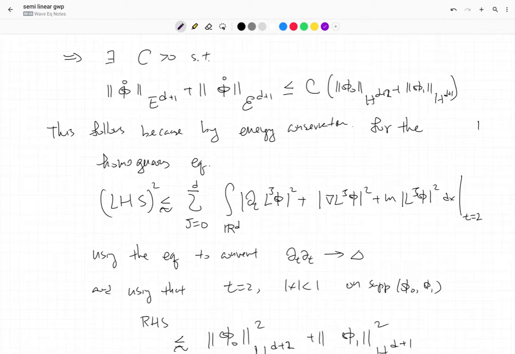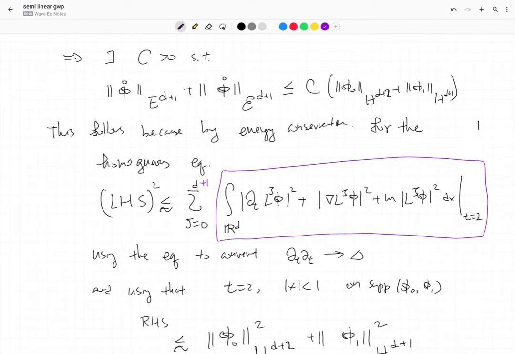Now this should be d plus 1 here, so we're looking at d plus 1 derivatives. So this here is the initial energy flux at t equal to 2. At t equal to 2, this is the initial energy flux of phi ring, of j derivatives of phi ring. Now the key here is that L^j is a combination of dt and dx, a time derivative and spatial derivatives. What we're going to be using is that we know that phi ring solves the linear wave equation,